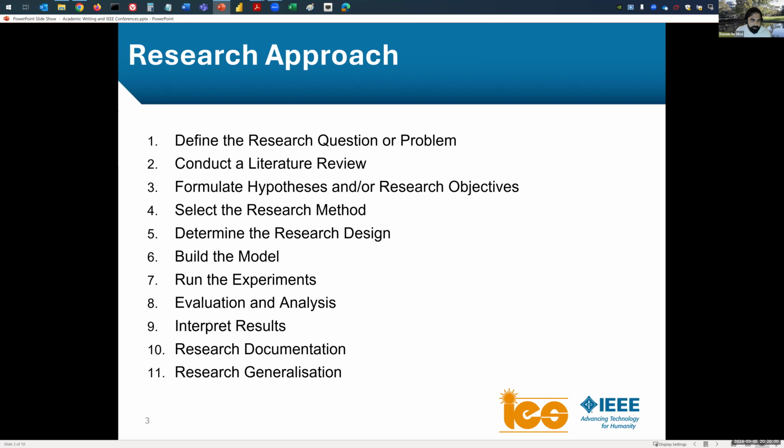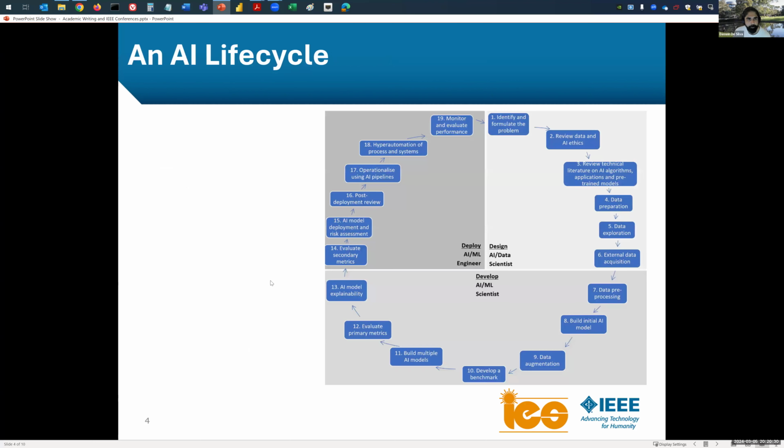So it can be a software development, it can be an exploration of capabilities that doesn't produce new knowledge. You have to cross that boundary to produce new knowledge, from hypothesis to results to documentation. That's where you need to have the research mindset and the research approach established. All right.